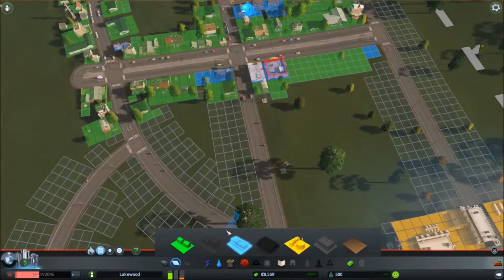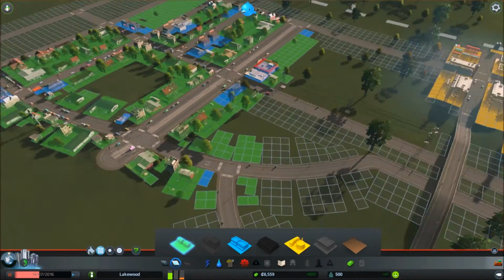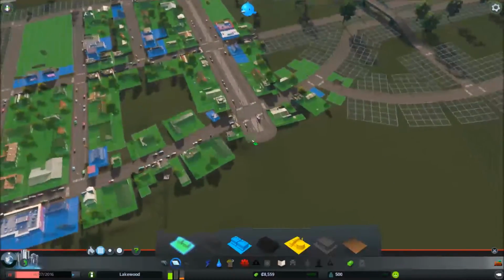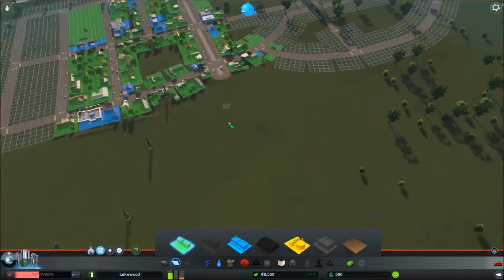Another little shop. Residential, residential. Actually, I'll make that a bit of commercial. And no, I don't want to block the roads up there. So that should get rid of the need for a bit more residential. I don't want to put any more houses going down that way because it will stop the traffic going out. So